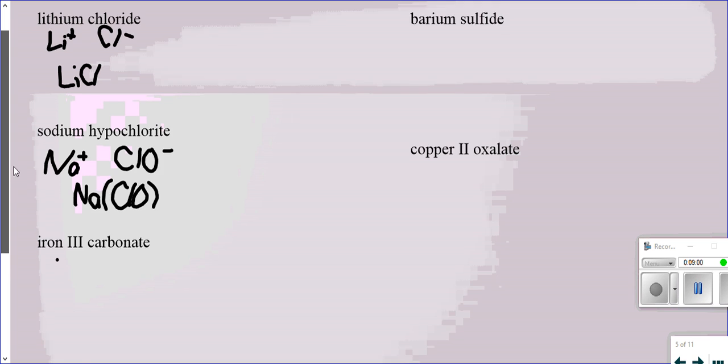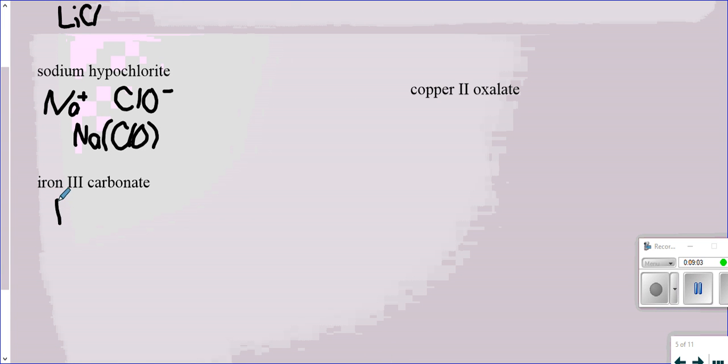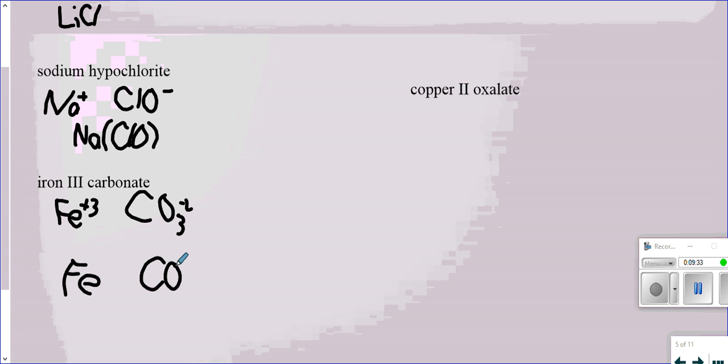Here we have iron 3 carbonate. It has a charge of 3. Carbonate is CO3, and that's a -2. So when I say cross and drop, you have Fe and then CO3. This 2 is going to cross over here, to the Fe. We're going to put